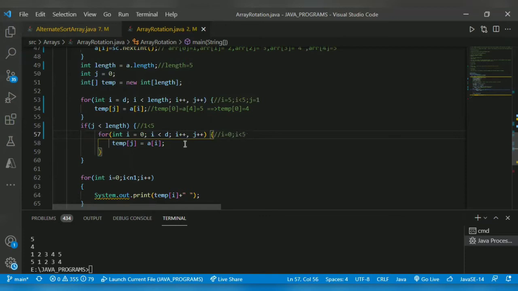Then I will store temp of j equal to a of i, which is temp of 1 equal to a of i, which is 0, right? So equal to a of 0, what? 1. So the resultant array will be like this. I show here. Already temp of 0 is 5.